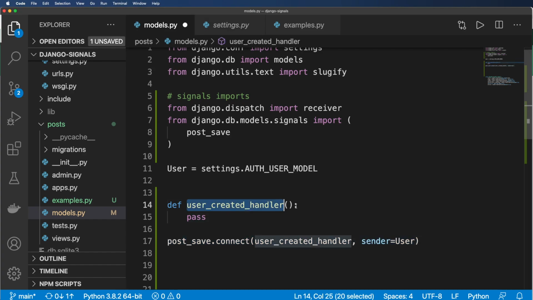But now that I have this handler, I can do what I want with it. But the question, of course, is what are the args and what are the keyword args? Or more specifically, what are the arguments that are automatically going to be passed to this handler? Before we get there, though, there is this decorator of